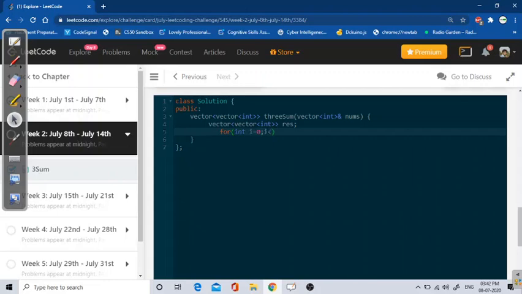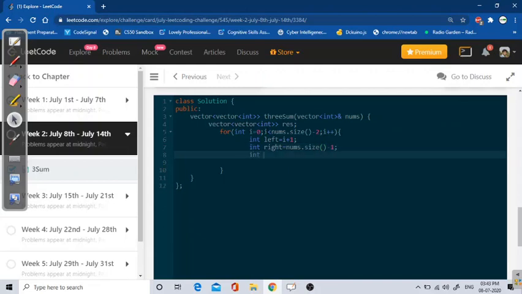So nums dot size minus 2, I plus plus, and I have to create two variables, that is left equals to I plus 1 index, and int right index will be my nums dot size minus 1.